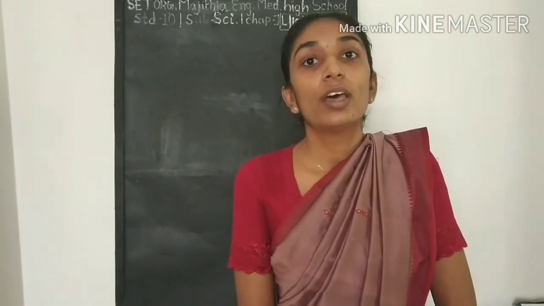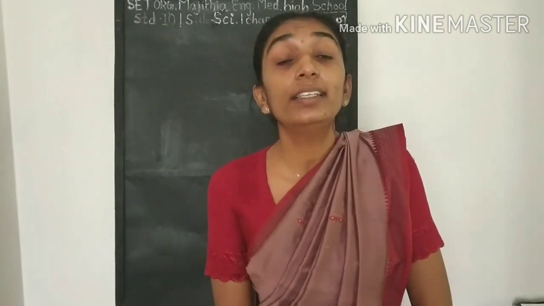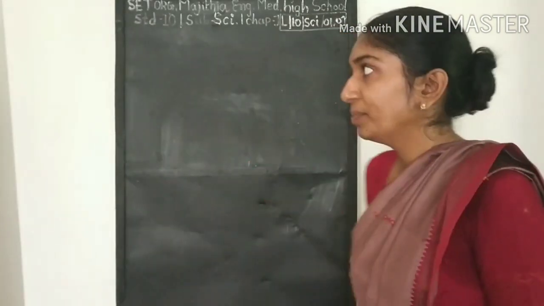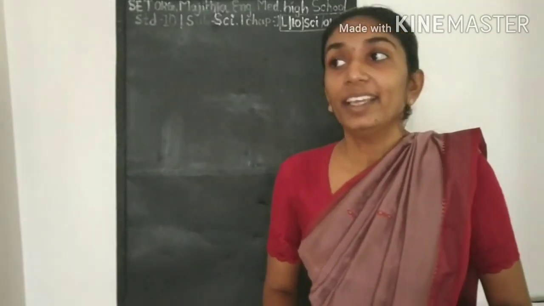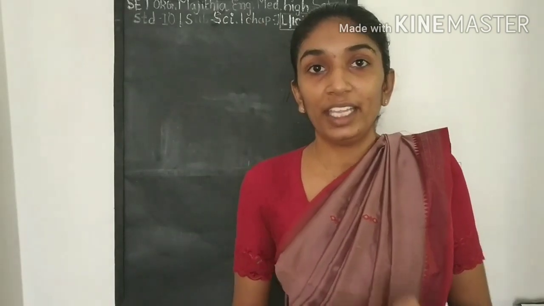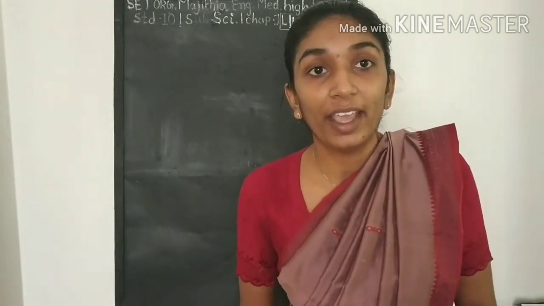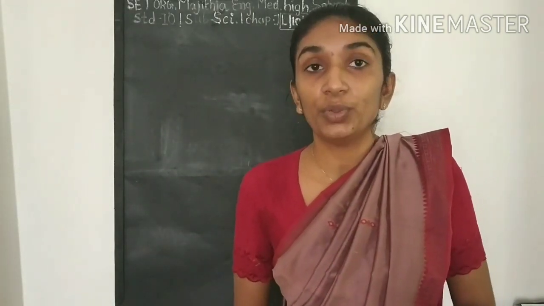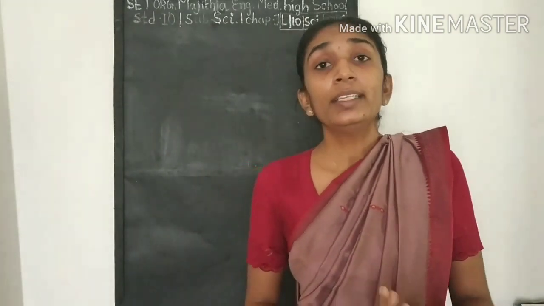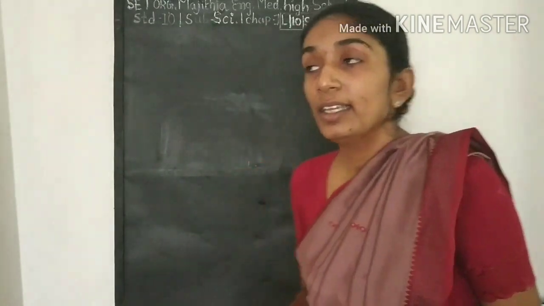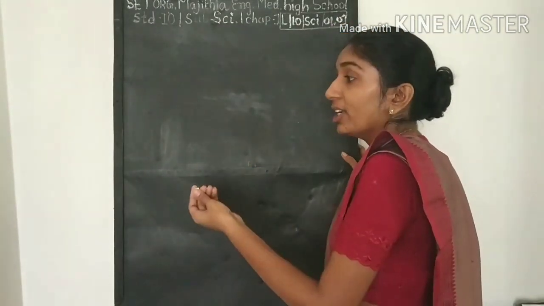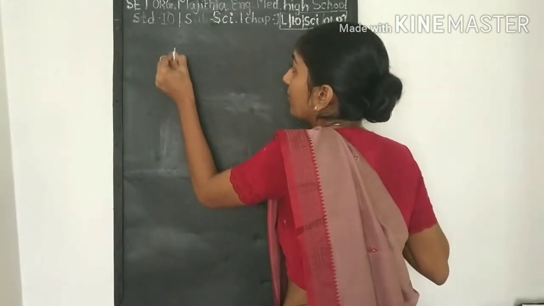Standard 10th Chapter 1 Chemical Reaction and Equation. So chemical reactions are like turning of milk into curd, rusting of iron, which we see in our day-to-day life. But in chemistry, a chemical reaction is defined as, we can say chemical reaction is occurring